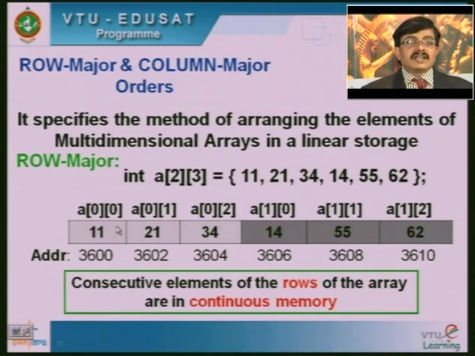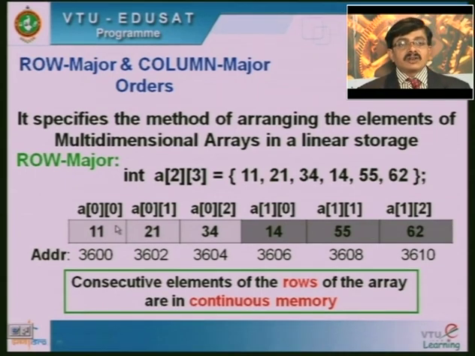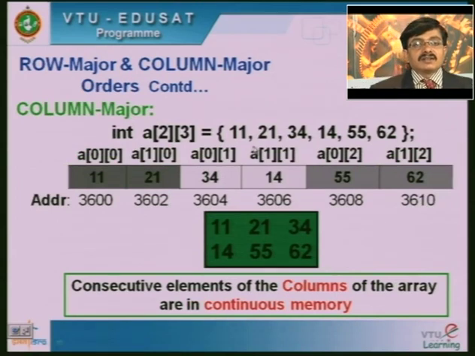Row wise the elements are getting printed there. When the elements are printed row wise, we call this particular order of printing a row major order. Similarly, we have another type which is called a column major order. Now, in case of column major order, so here we can see, if I am declaring it as